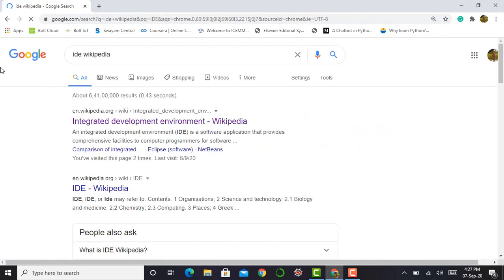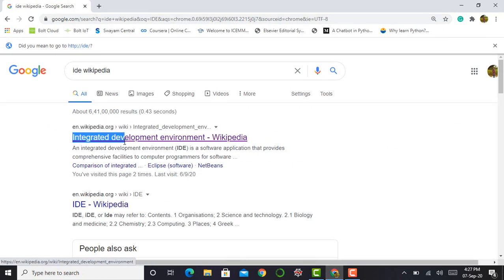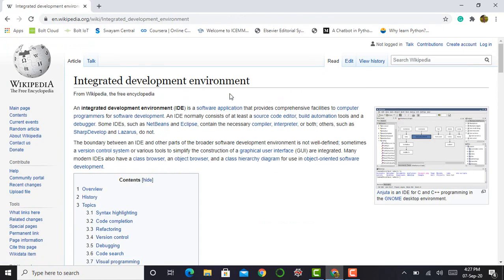Wiki says an Integrated Development Environment is a software application that provides comprehensive facilities to computer programmers for software development. There are many IDEs available in the market, such as Jupyter Notebook, Spyder, and PyCharm. The most popular IDE available in the market is PyCharm.